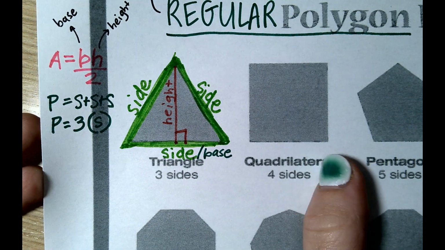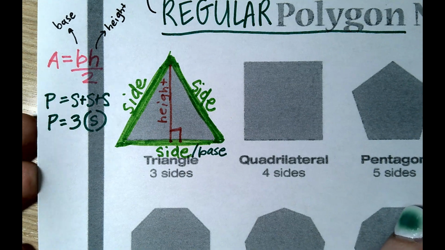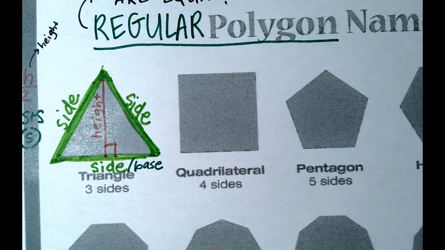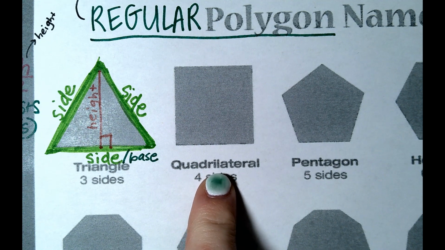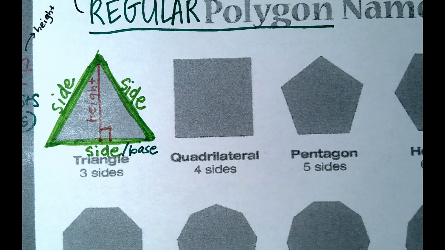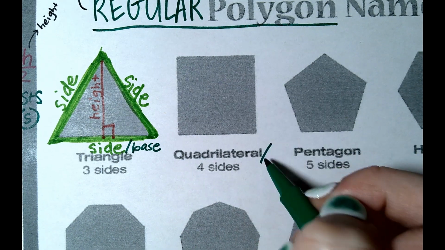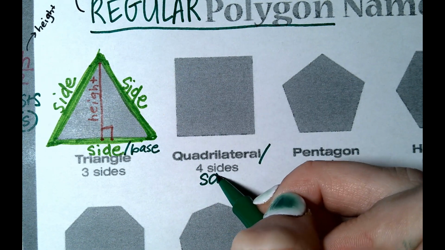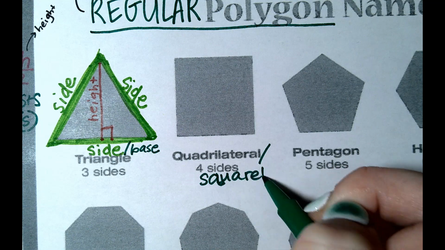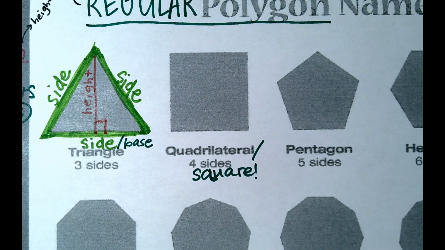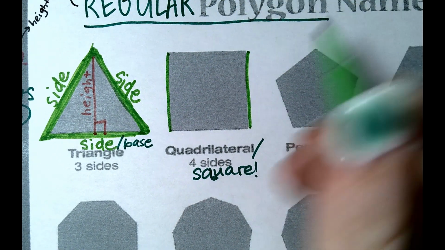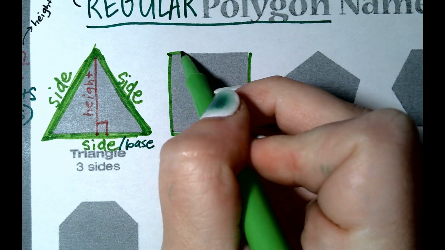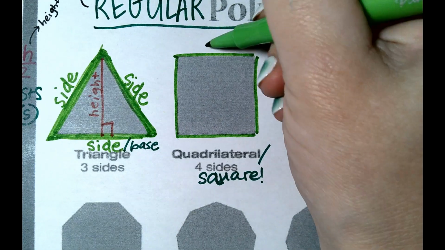Moving forward to quadrilaterals. A regular quadrilateral, what is this shape always going to be called if all the sides are the same? Square. A square. A regular quadrilateral is a square. So, on a square, we have 4 sides. We have 1, 2, 3, 4. So side,